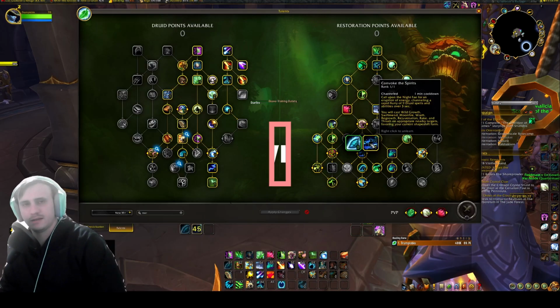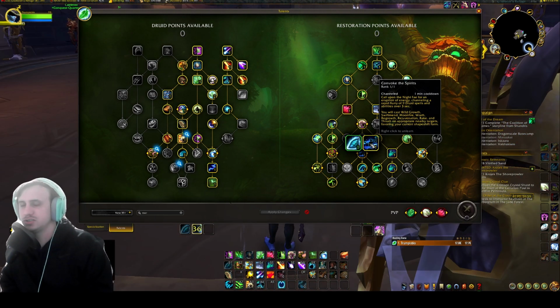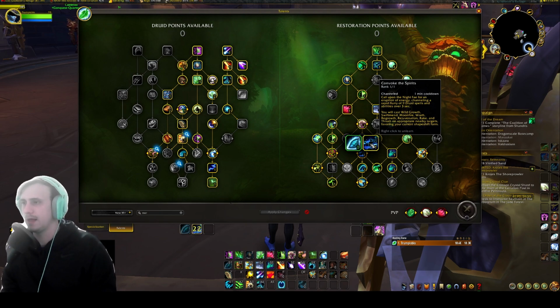The next ability we have is Convoke the Spirits here. It's going to be just a quick, efficient heal that you can put out on your group. It doesn't cost mana or anything. And it's one of those abilities you'll be using on cooldown. You can save it defensively as well. I like to play a little bit more offensively with it. But the way it works